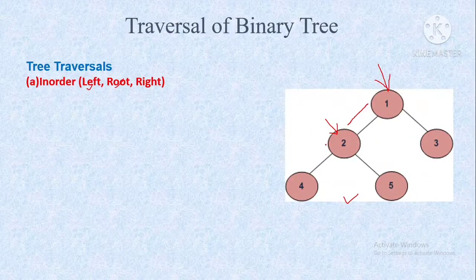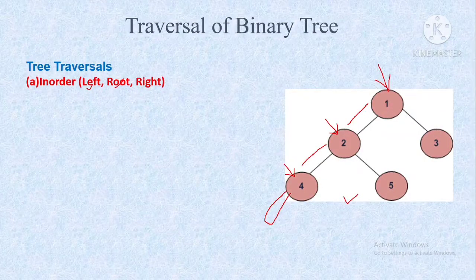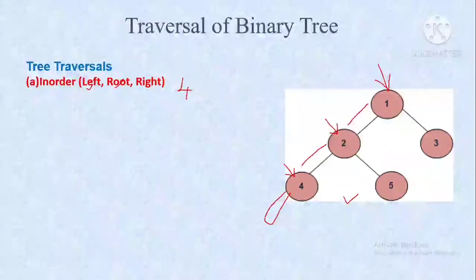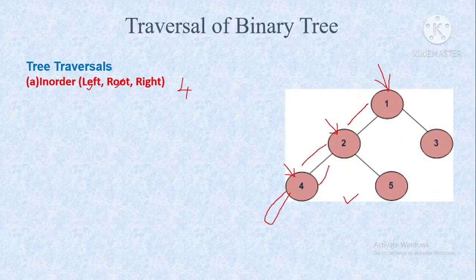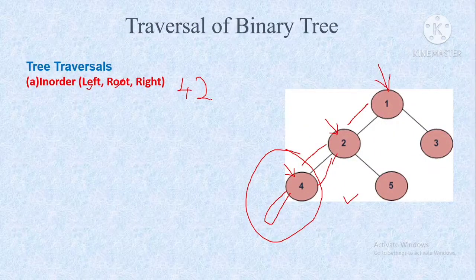Recursively you have to search whether it is having a left node left. So you are landing on this particular node. Immediately you cannot print it, so you have to see whether it is having any other left node. If it does not have any left node, then you can write this node. 4 is the first node that we are visiting. Again you will go back to 2. Before you print this node, you should check whether its left node is completely visited. Yes, when you reach this node again, we have visited the complete left node. Now you can write this 2, because 2 is a root node.